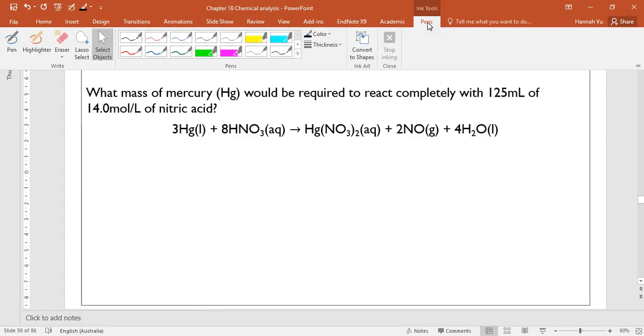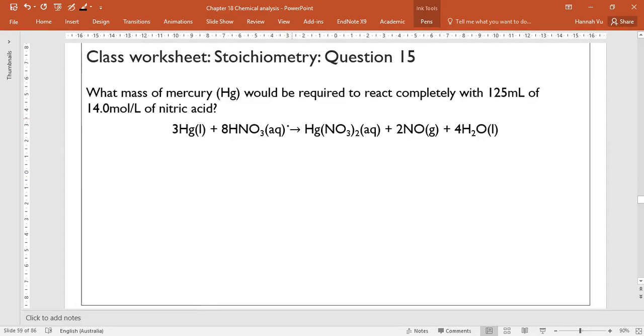Moving on to question 15, we'll start with the unknown. What mass of mercury? The question asks for the mass of Hg, mercury, that would be required to react completely with 125 mL, which is a volume unit, of 14.0 mole per liter of nitric acid. So V is 125 mL, and concentration, sorry, I should have indicated the volume of what. Nitric acid is HNO3, so this is nitric acid,